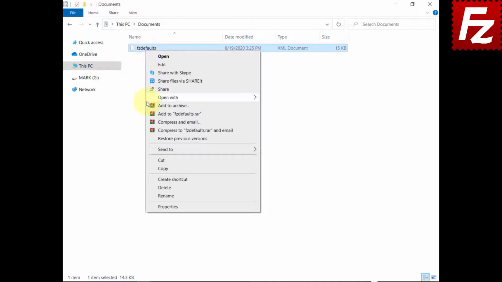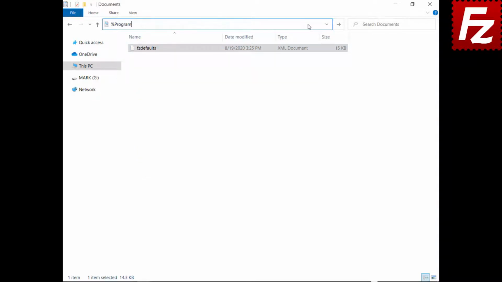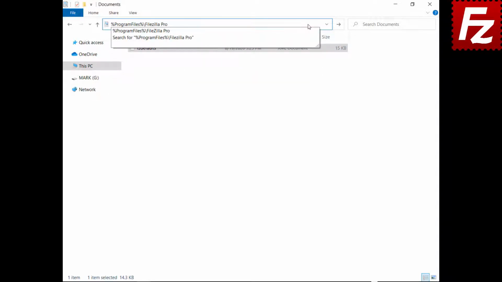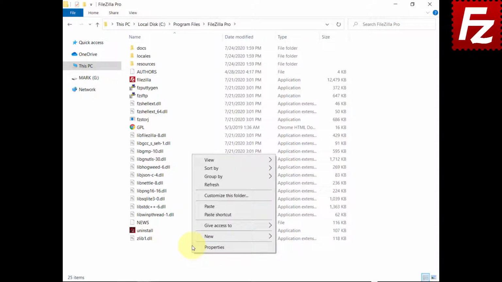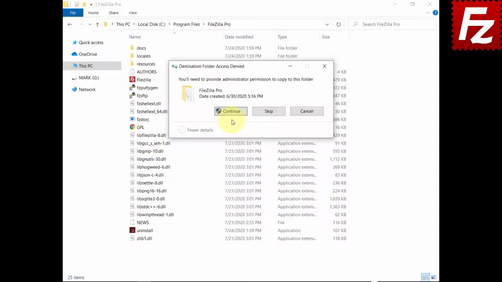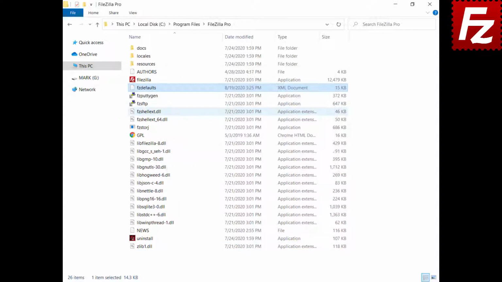Copy the fzdefaults file to the same directory where FileZilla is located. You may need to grant access to the destination folder. Now, FileZilla or FileZilla Pro will load the settings from fzdefaults.xml. In this video, you learned how to configure the FileZilla Pro defaults file,